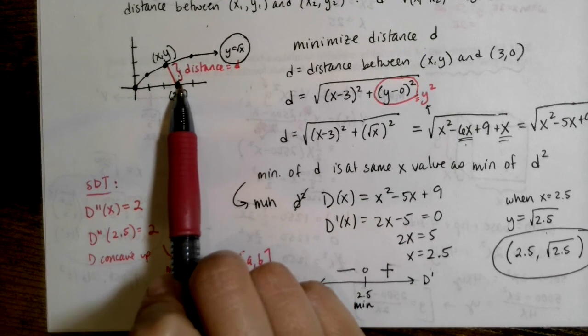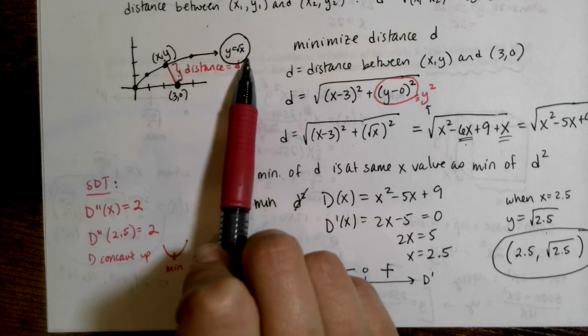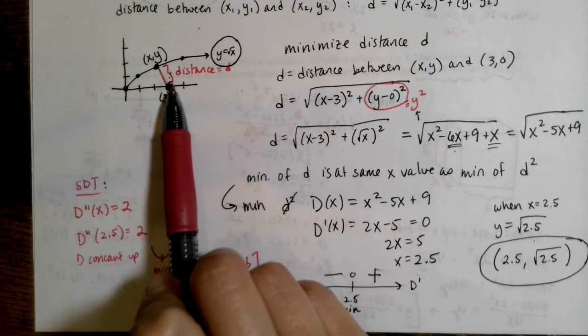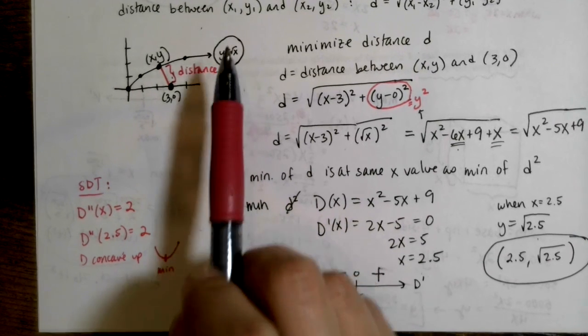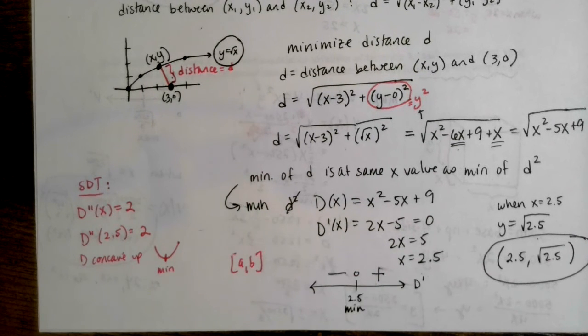You could start to make the argument that points over here are clearly really far away from 3, 0, but it would be tough to make a judgment call about what an appropriate value of b would be. But if you could, like in some of the other problems, and you'll see this in the written solutions,